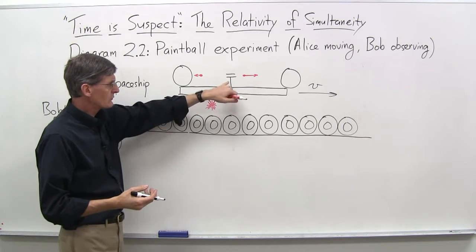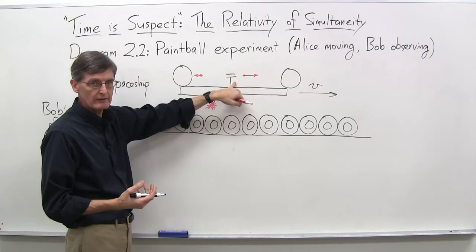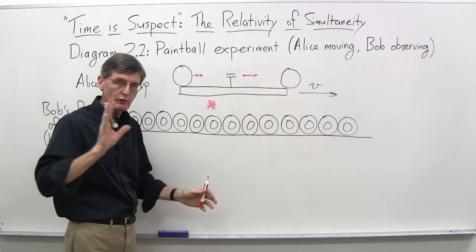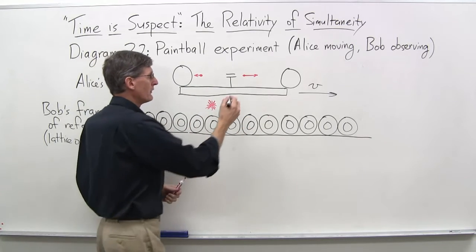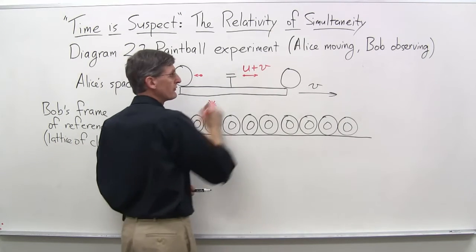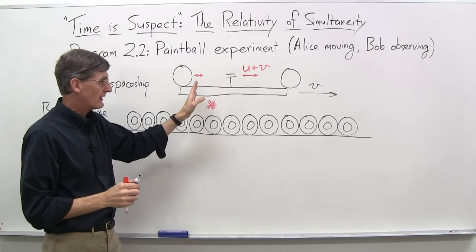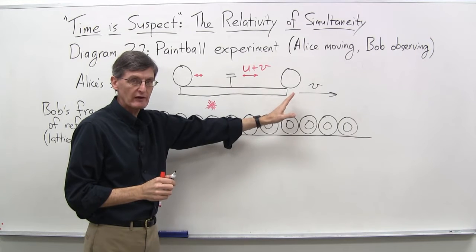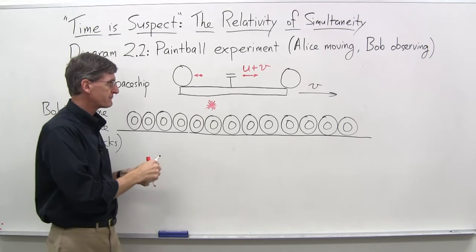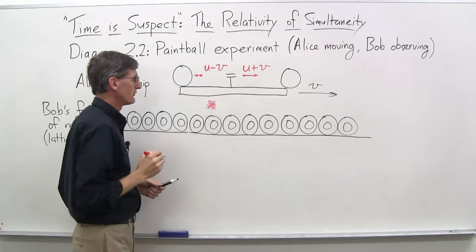So even though this paintball was shot at velocity u with respect to the paintball gun here, the paintball gun itself was also moving with velocity v when it was shot with velocity u, and therefore the velocity of this paintball, we'll write it in red, is going to be u plus v. Meanwhile, for this paintball, the gun was moving that direction with velocity v. It was shooting it this way with velocity u, and so its velocity is going to be u minus v